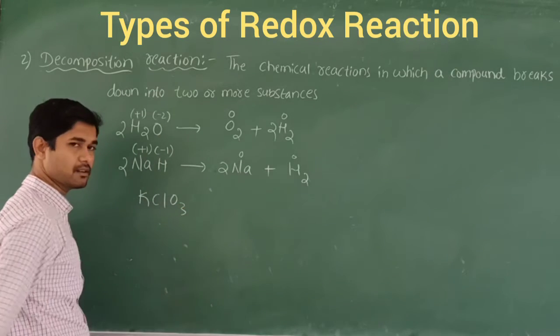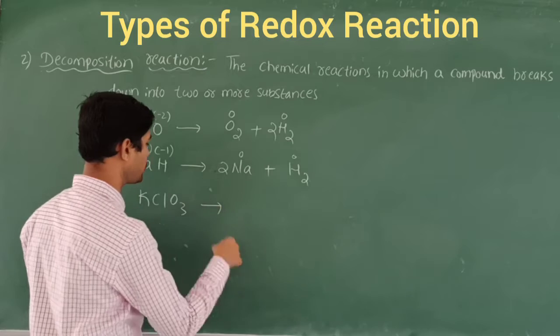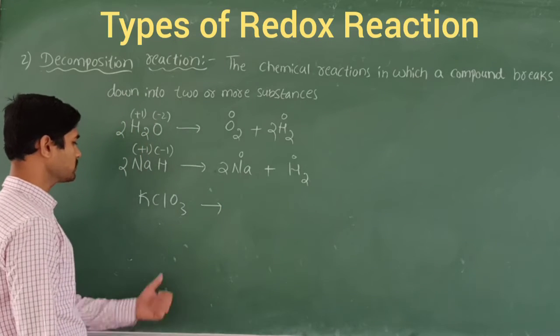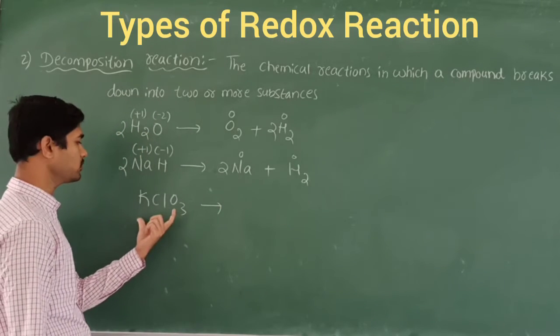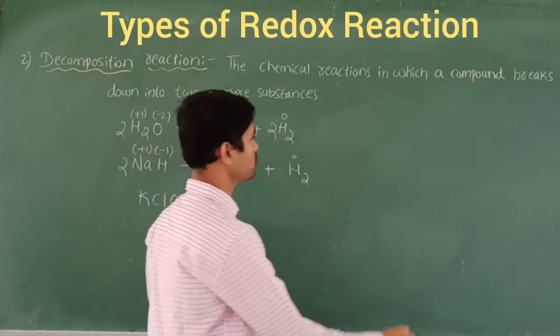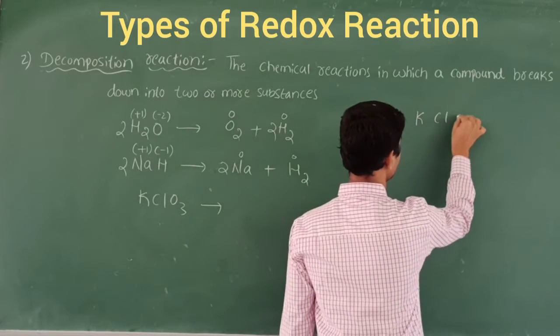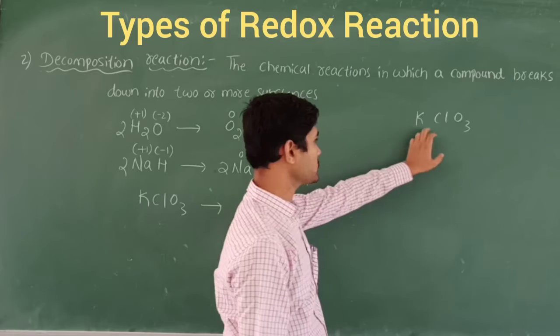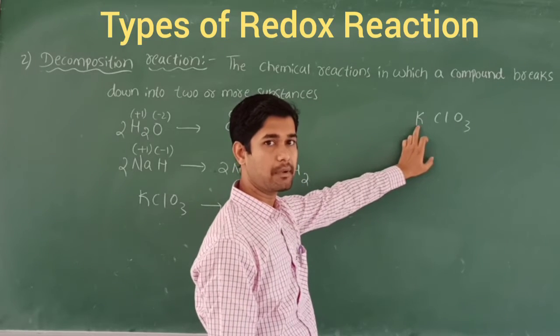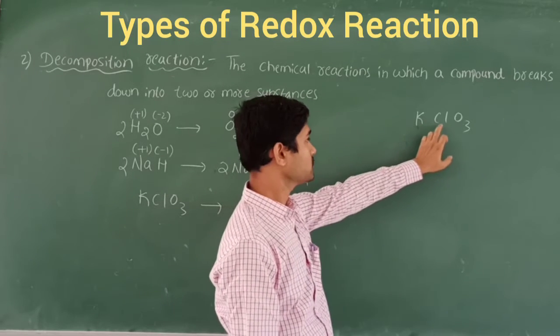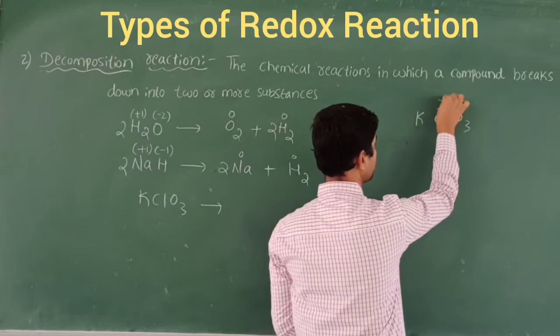And if you take one more example, KClO3, this is a simple reaction. So in this case, what happens? Let's see here. If you don't know the oxidation number of this Cl, let me tell you how to find it out. KClO3. This potassium, you know this one. It comes under the alkali metals, that is called group 1 elements. If you don't know this, you are going to take it as X.